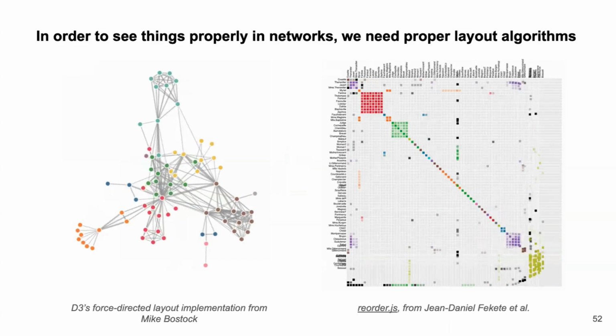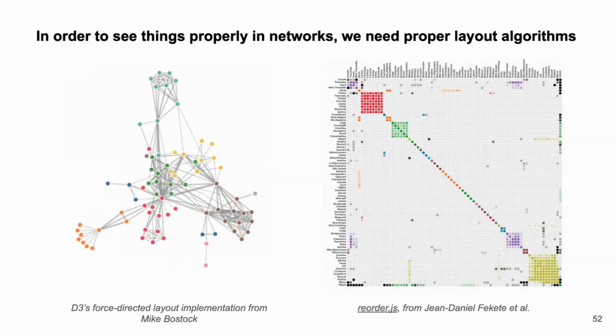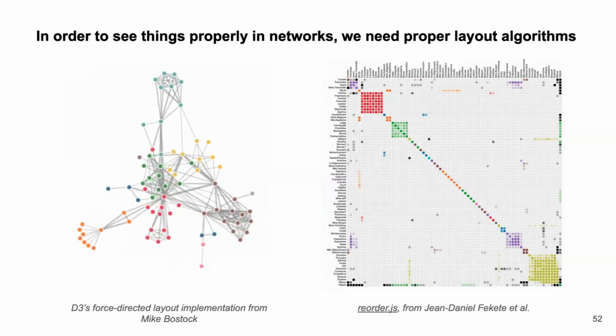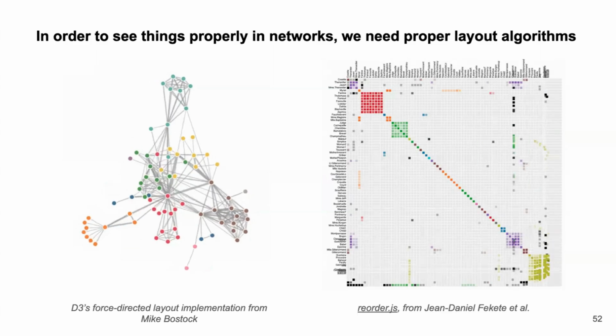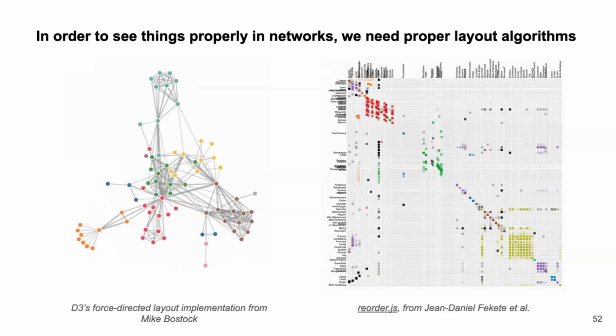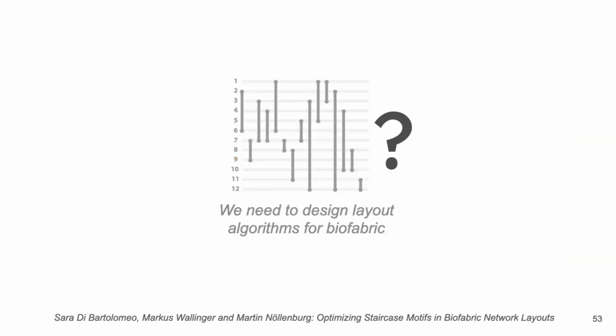We need a layout algorithm for it, right? In order to understand the structure and how things are going, we need the proper sorting to see what is in the network. We do not just need,